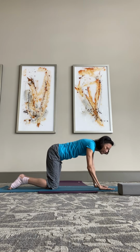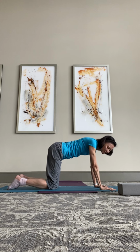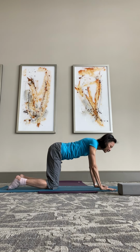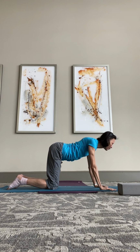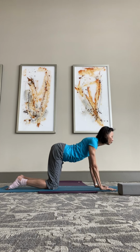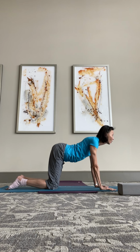Then roll your hips side to side, ease your spine, softening your hips. Come back to find the stillness, lengthen to your tailbone, reaching the crown of the head forward, slightly looking forward and down. Inhale, tilt your tailbone up, drop your belly down, pressing into your palms, reaching your heart forward,